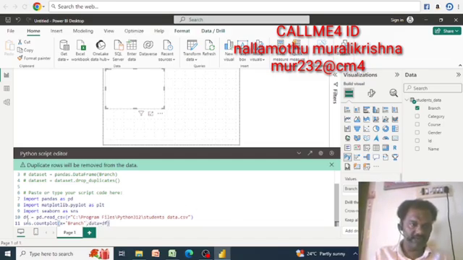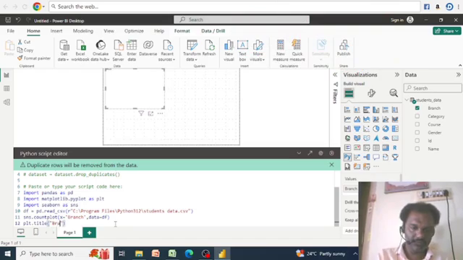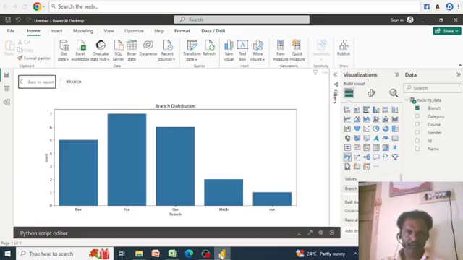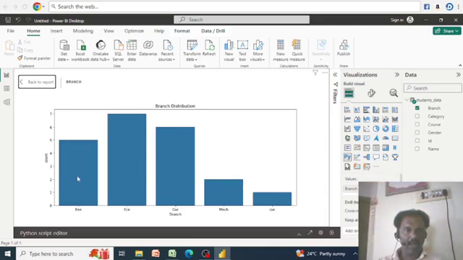Now we need to represent the title: plt.title, branch distribution. Then plt.show. Now if you click on run script here and look at the visualization,